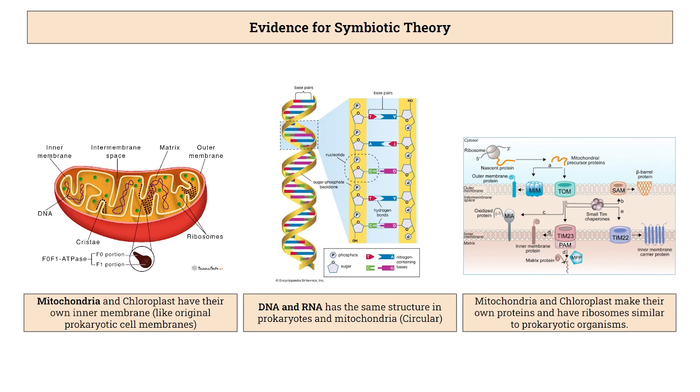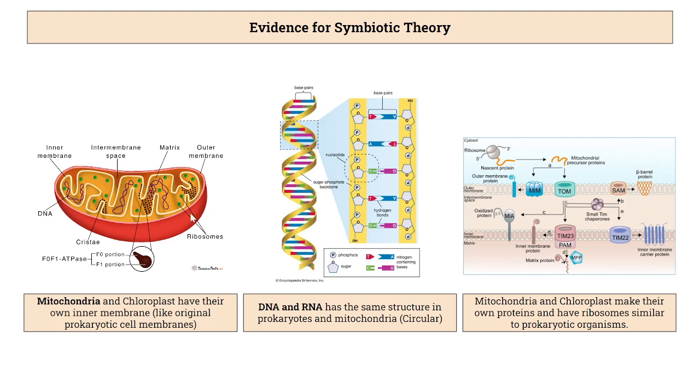So what is some evidence for this theory? Well, the first one is that mitochondria and chloroplasts have their own inner cell membrane. They are double membraned, which is unique to only a few organelles, just like the original prokaryotic organisms. So you can imagine you have this outer membrane, which is normal for an organelle to have, like a nucleus. But within that membrane, it has another membrane, which is probably the original one from the prokaryotic ancestor and just stayed over time. Second, the DNA and RNA has the same structure in prokaryotes and mitochondria in that it's